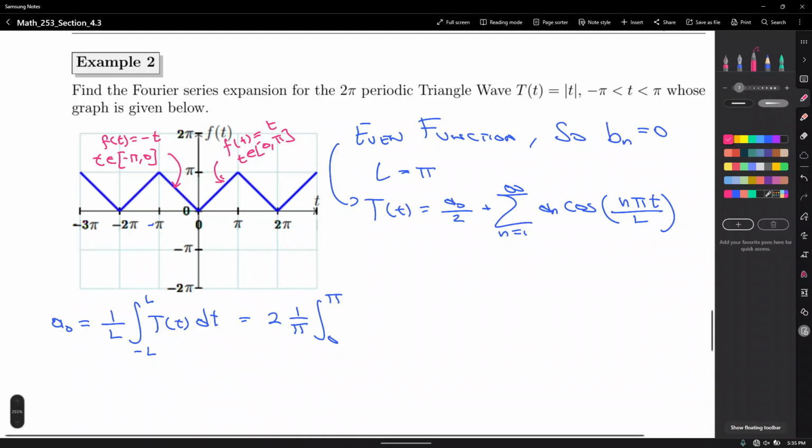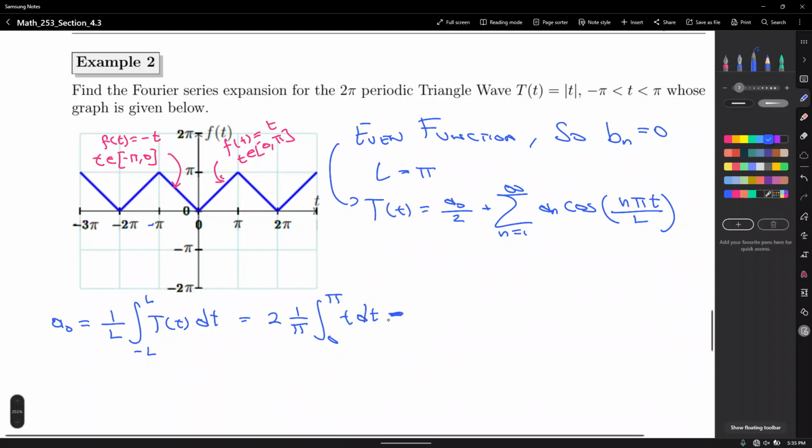So you have two options. You can integrate twice negative t between negative pi and 0, or integrate 2 times t between 0 and pi. I like the second version because I don't want to deal with negative numbers. And even if we use the other form, it's not going to be any harder. I just want to go with the positive one. So that means I'm going to integrate t dt